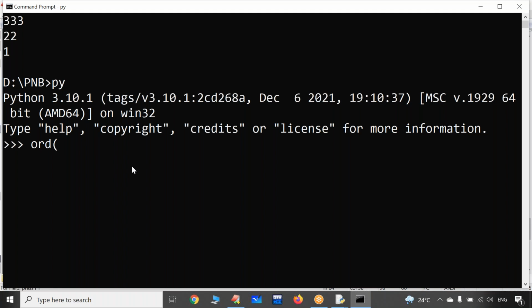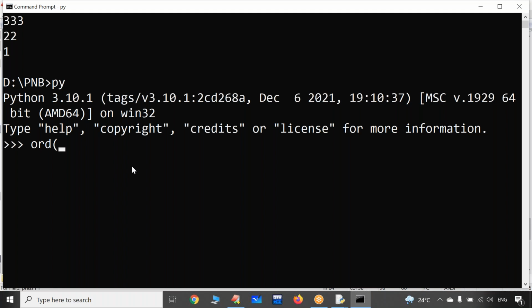In the same way, in any programming language, for every character in the character set supported by that language, there is a unique number. In some programming languages we may call it an ASCII number, but from Java we have a Unicode character system.